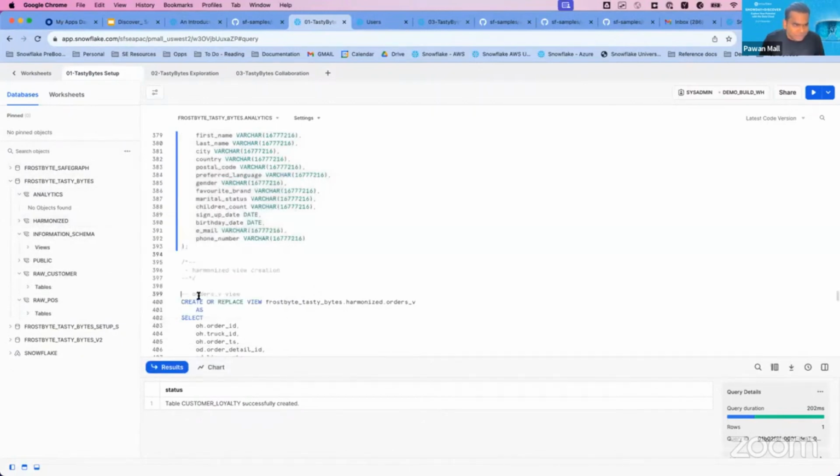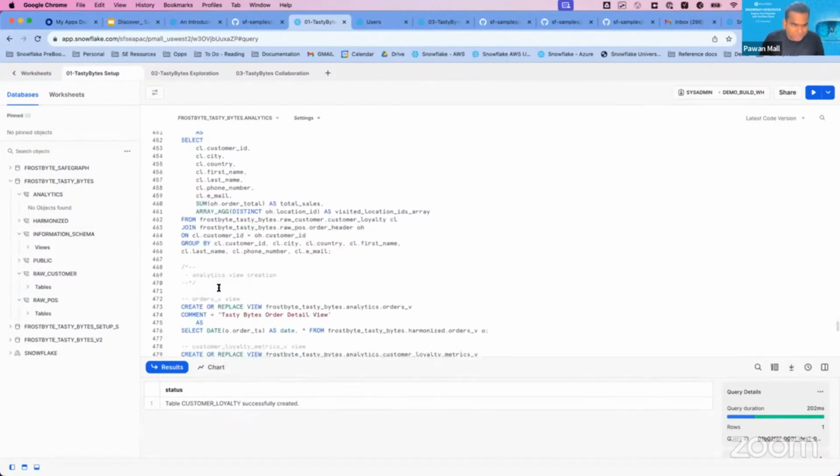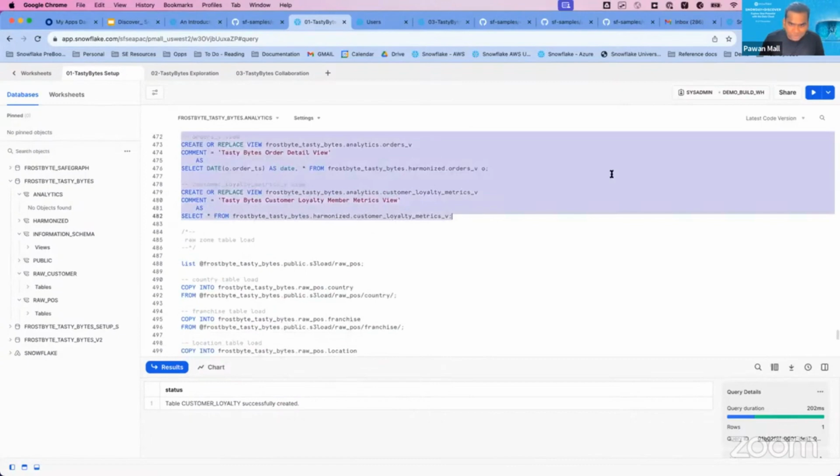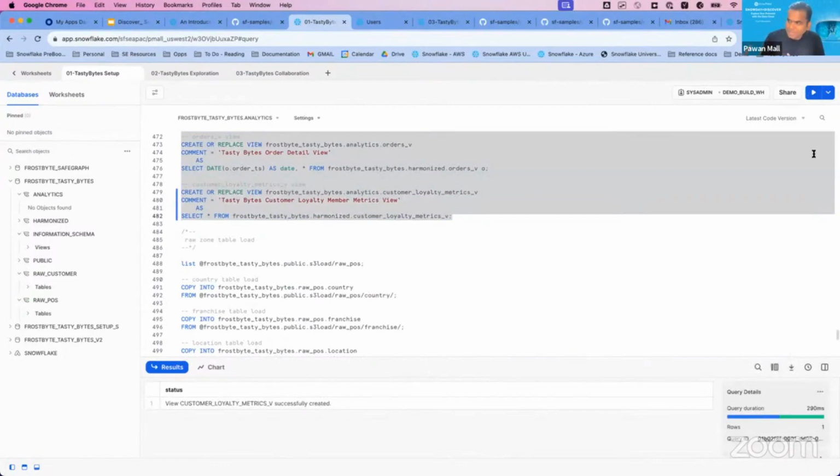Now, what I will do is also create some views on top of these tables. I'll go ahead and create all these views. These views are basically working on those tables. This is just a standard setup which we are doing, similar to any traditional views which you would create in any traditional database. There is no difference as such.